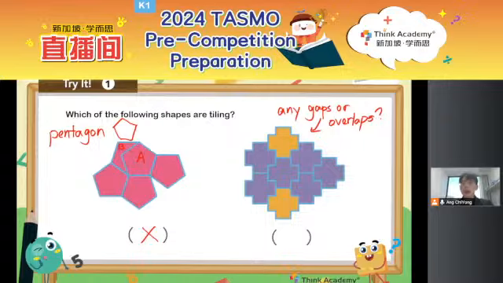Are there any gaps or overlaps here? No, right? If you check, there are no gaps in between. There are also no overlaps, because you can see all the plus signs here. All the shapes are fully seen. Yes, very good, Susan. Very good, Kiran. Right, this is a tick. Very good job. So today, there are actually very few questions, but